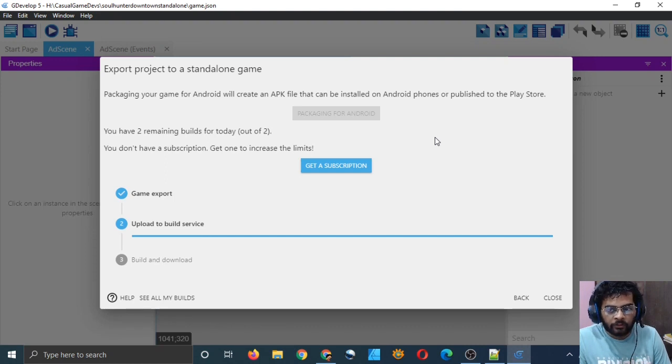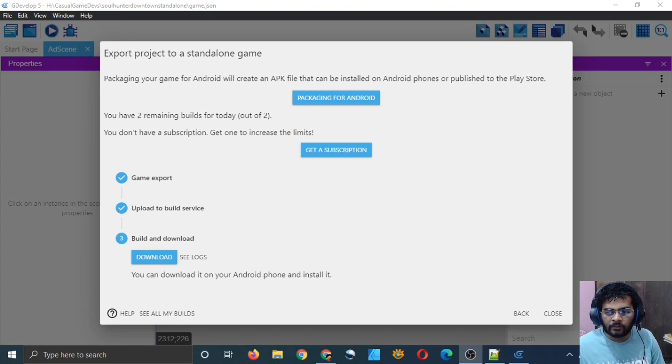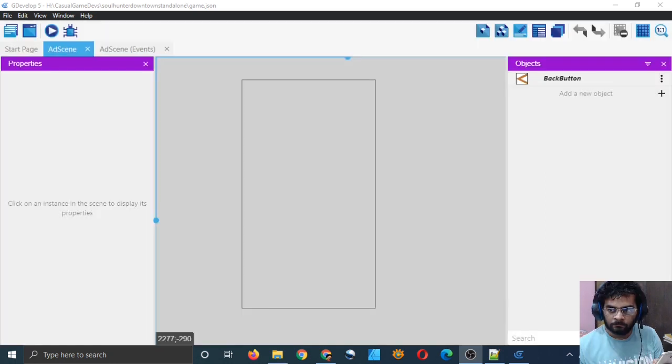I will wait for it to generate the APK file, and I will pause the video right now and I will resume when it has completed generating the file. So they have built the game and I will download it now and put it in my Android phone and install it. So I will resume the video when I have installed it on my phone.